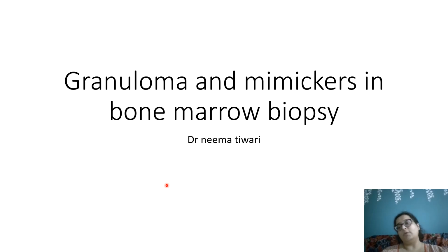The two most common mimickers that you are going to get in the marrow are the stromal cells and the macrophages. Marrow is a dynamic element. It has all these things, and they can confuse you to diagnose something wrongly as epithelioid cells or a granuloma. So